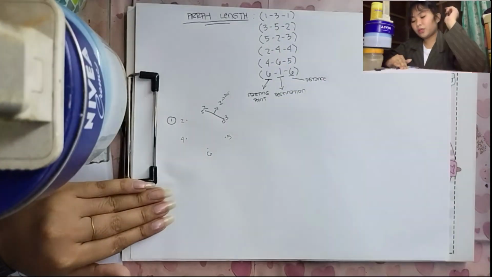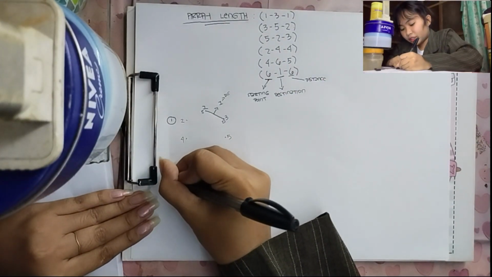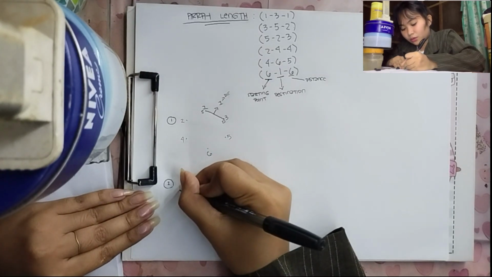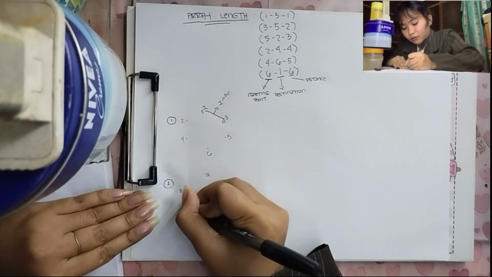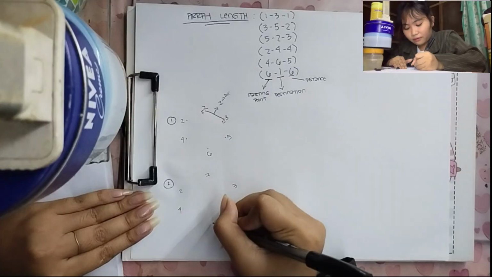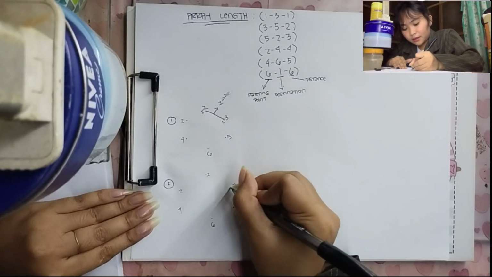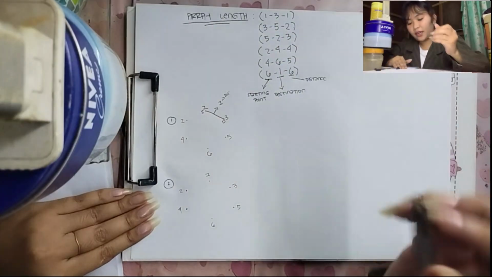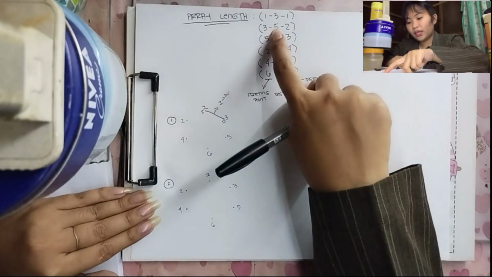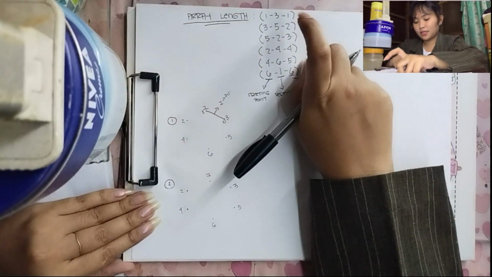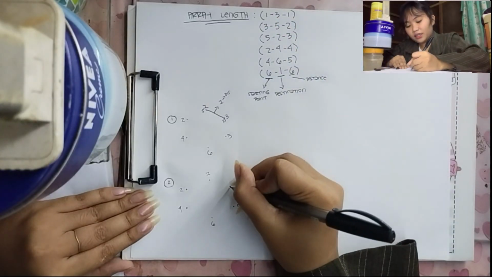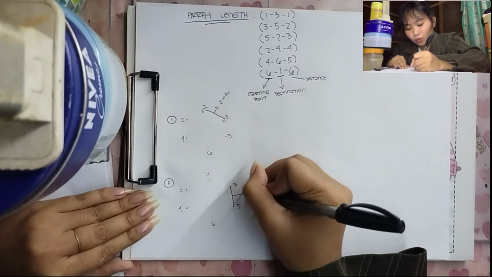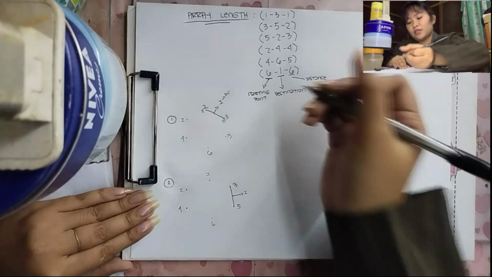So, continue. Number 2. Pattern: 1, 2, 3, 4, 5, and 6. So, 2 and 5 again. Starting point 3, destination 5, distance 2. So 3 and 5 here. So this is 2. So again 3,